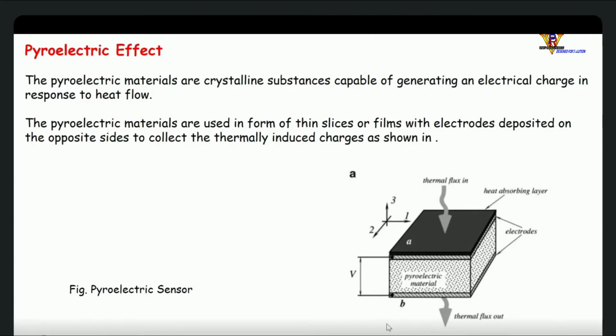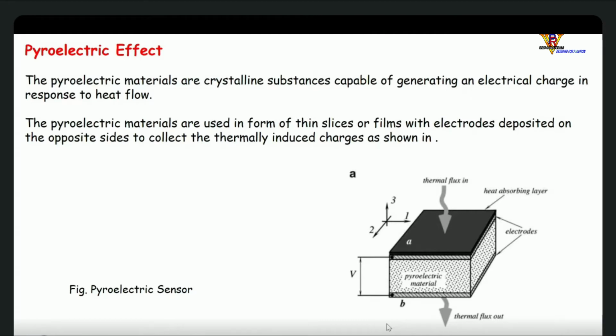between the material. So the pyroelectric materials are used in the form of thin slices or film with electrodes deposited on the opposite sides to collect the thermally induced charges, as shown in this figure. So we have a rectangular type of material here. There are different faces of the material. So look at the bottom and top face. The top face showing